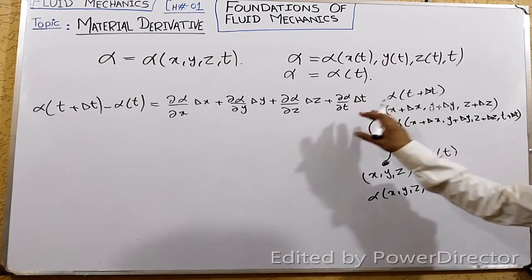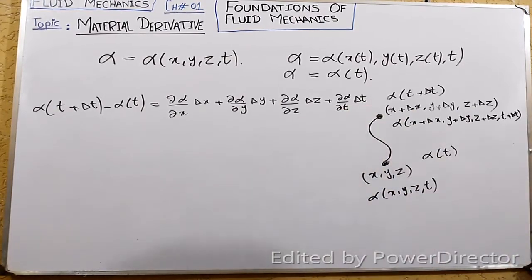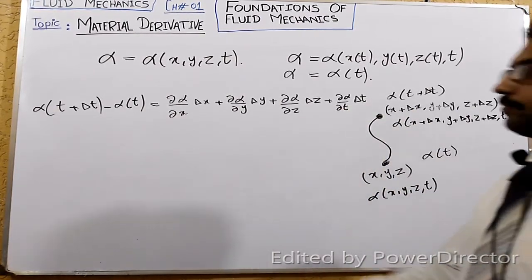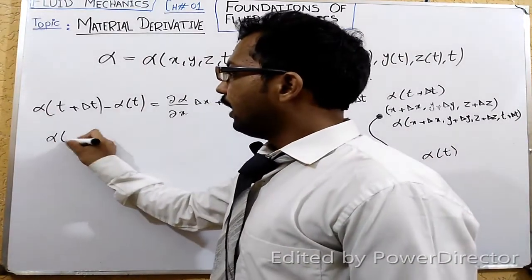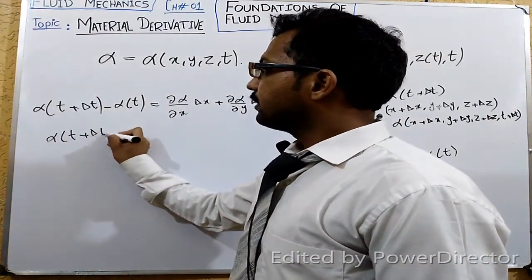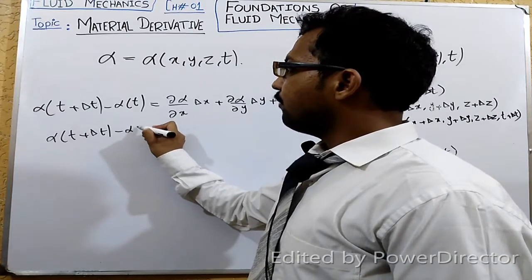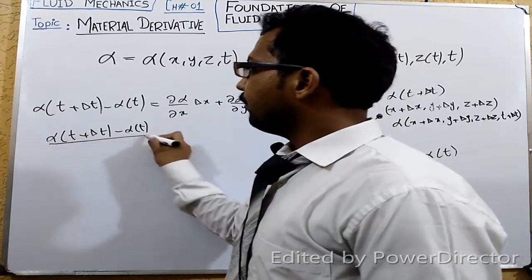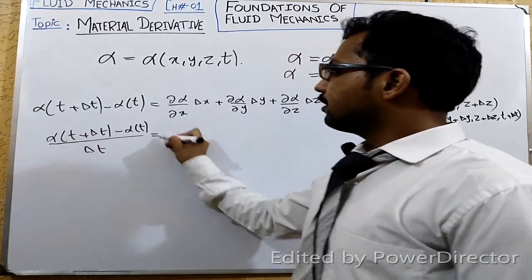Next we will divide both sides by delta t, so we get alpha of t plus delta t minus alpha of t divided by delta t is equal to